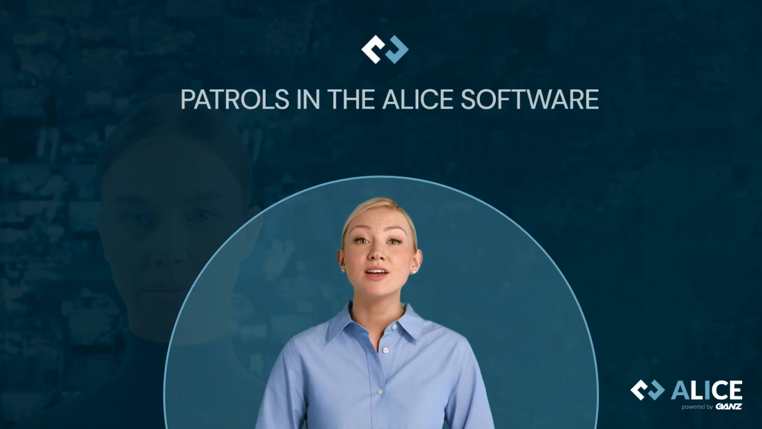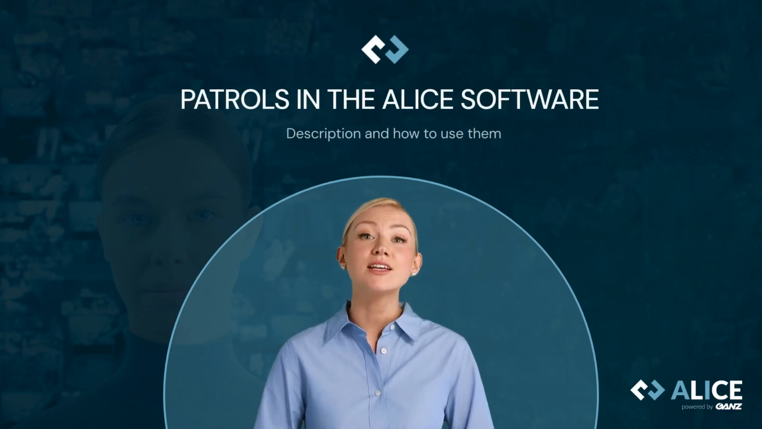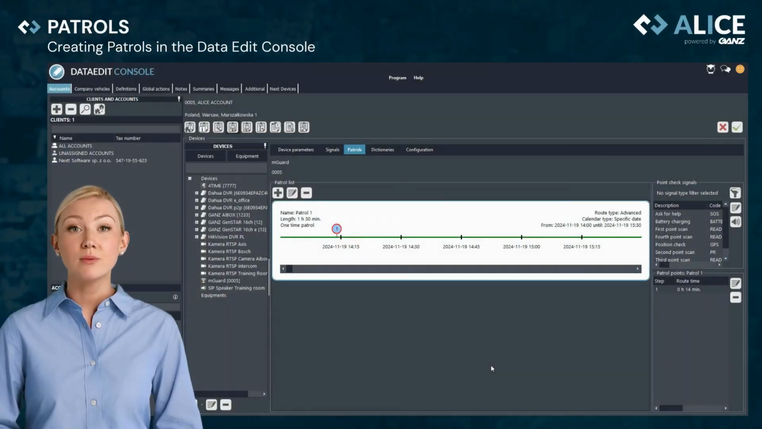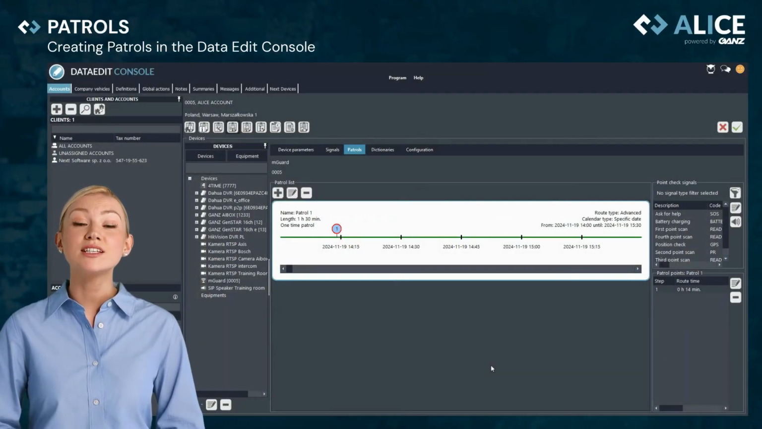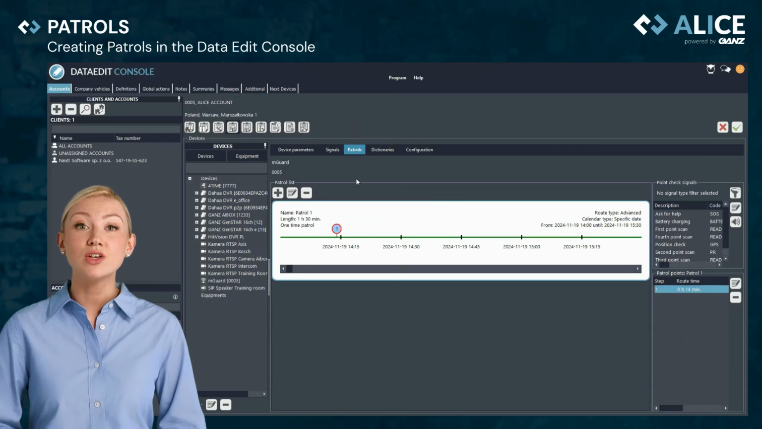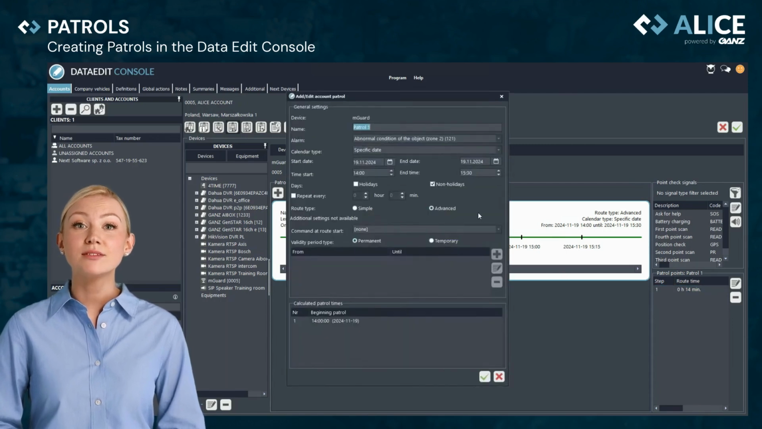In the second block of our tutorial, we will show you how to configure the patrols in Data Edit console. Before moving on to the rounds, it is important to configure the patrols well in the Data Edit console. The tab called Patrols allows you to view a list of all walks with points that are set up on the account. Each path contains information such as path name, the length of the path,